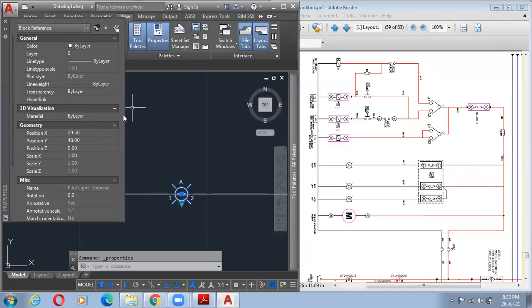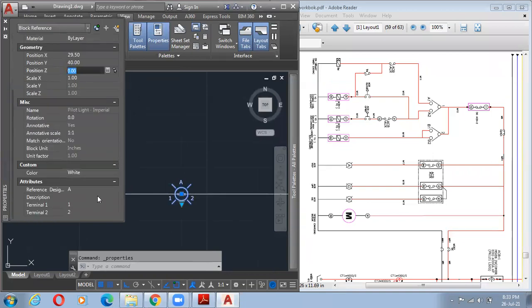Go to properties. Scale 1:1. Increase it to